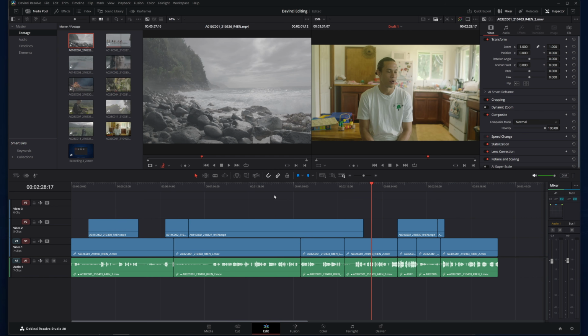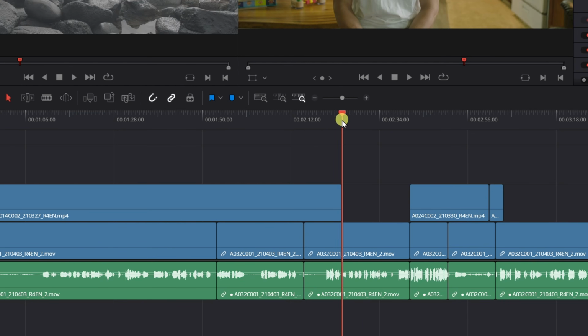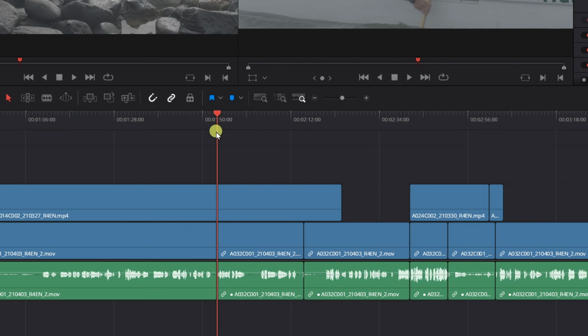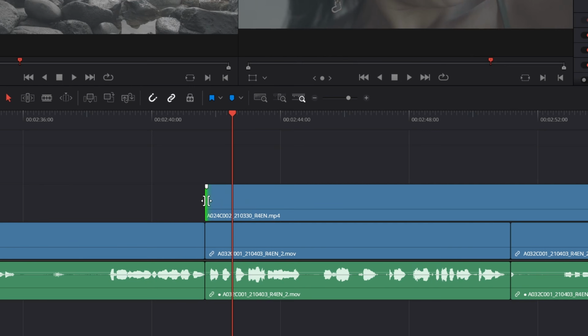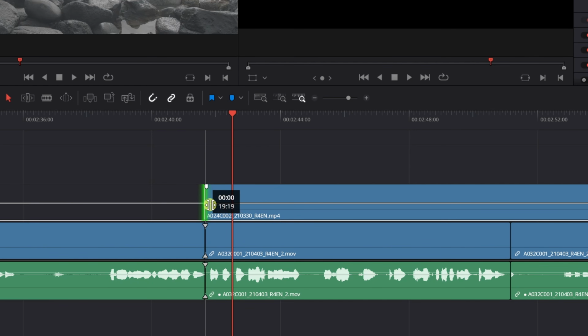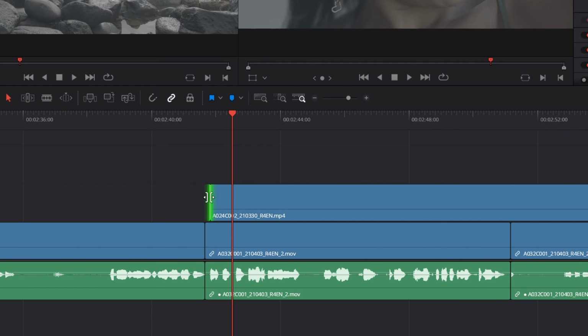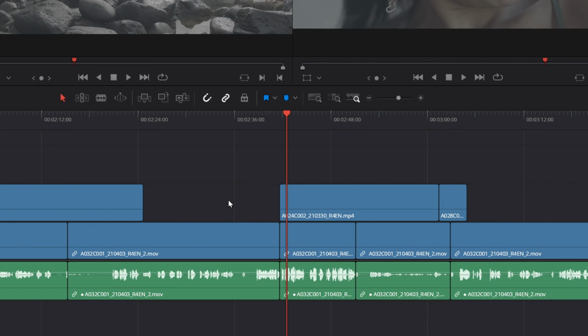Now let's go over a few more of these buttons. One is the snapping tool. Notice when you move your cursor around, it snaps to all of the cut points. Well, if you click this button, nothing will snap. There are some times you want to use this, such as when you're trying to do something very close to a transition point and you don't want it to snap. You can turn that off and be more precise. But you'll have to be careful though, because the keyboard shortcut for the snapping tool is N, and I'll accidentally hit that while I'm editing, and then all of a sudden I'm wondering why my cursor isn't snapping. It can take you by surprise.